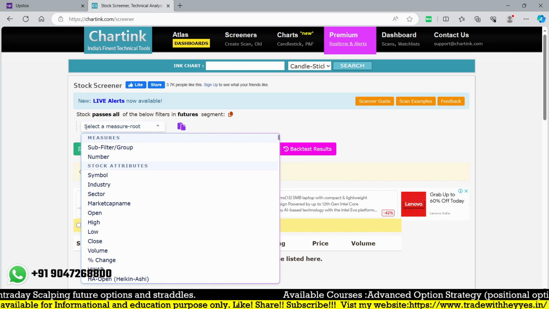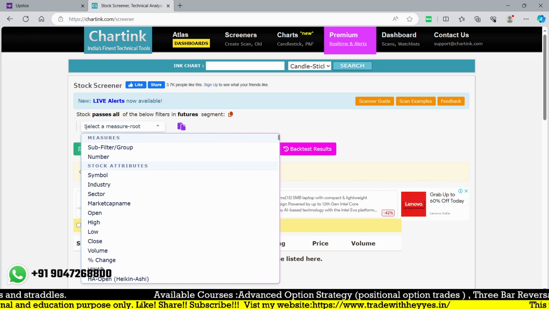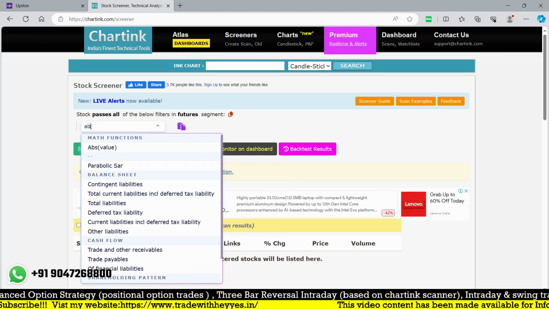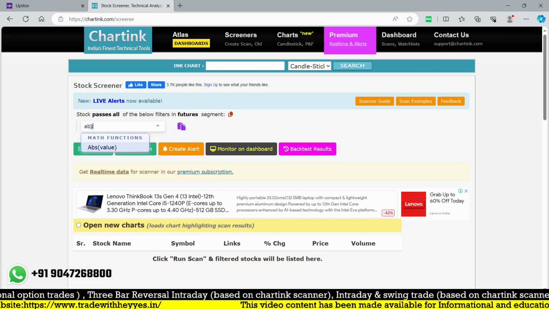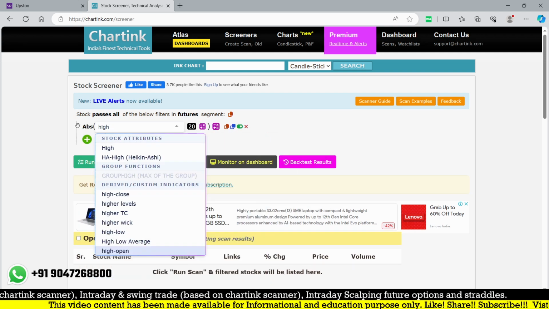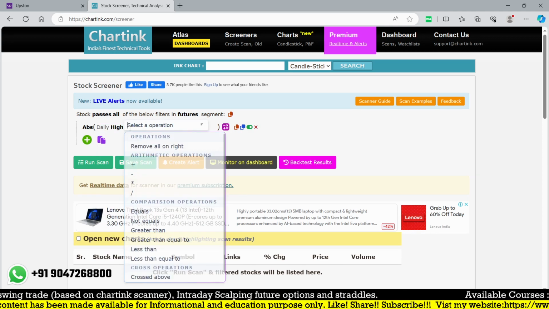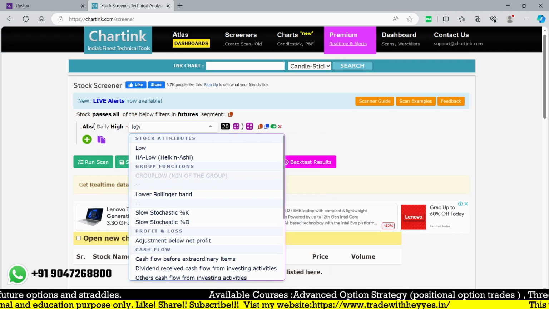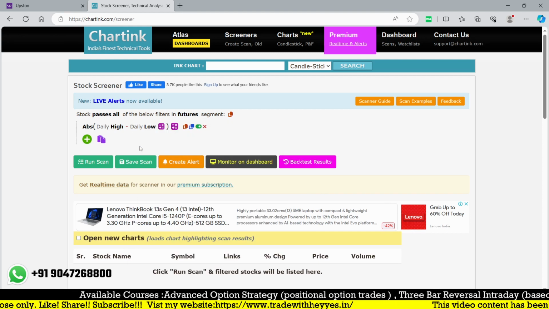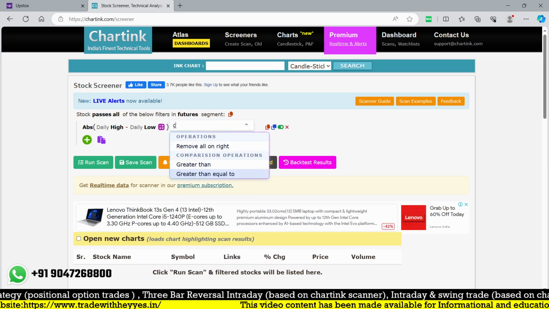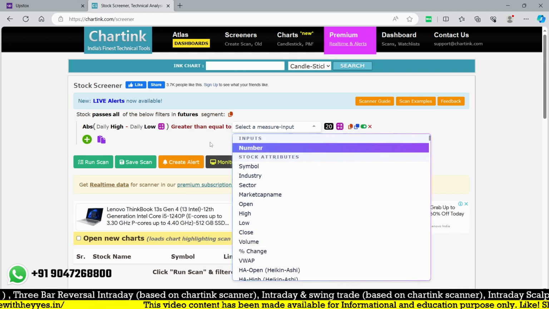Normally it is not possible with this direct option. So I'm going to use ABS, the function which is available here, for comparing two values. I'm going to take the high of a particular day, that is, daily means the current day, and the low of that particular day. This is exactly the condition I'm looking for, and it must be greater than or equal to